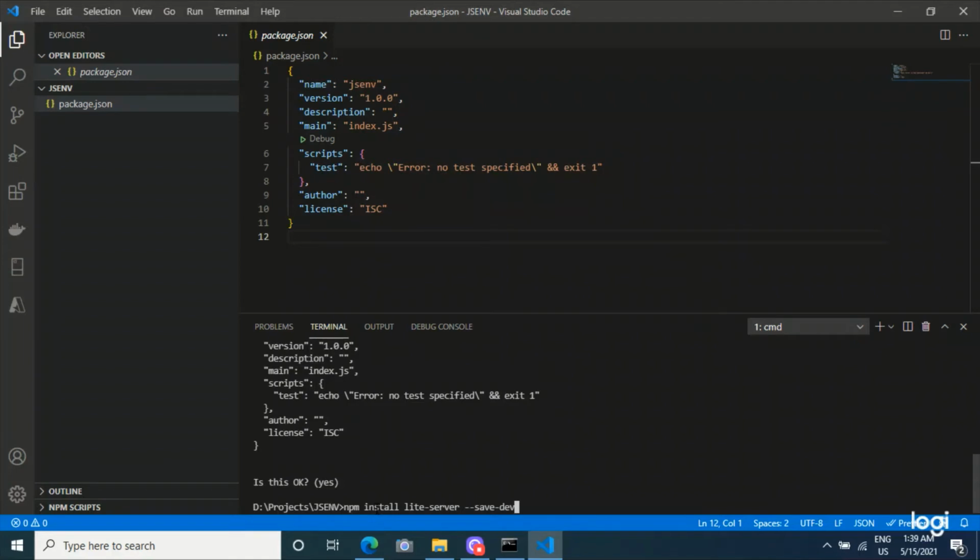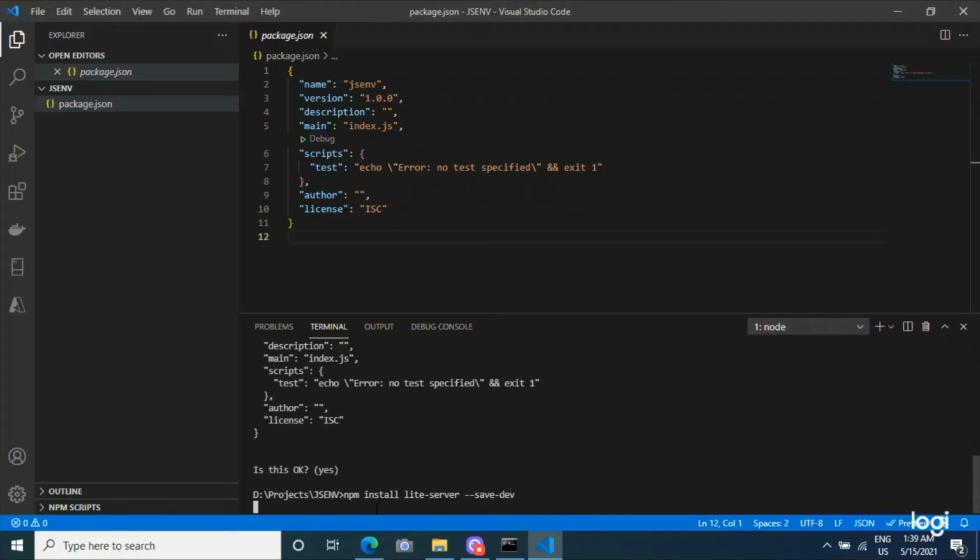For the development, this command will install all the dependencies into node_modules. One node_modules folder will be created in the JSENV folder, which is our project folder, and load all dependencies into that and track the version details inside package.json under the devDependencies key.